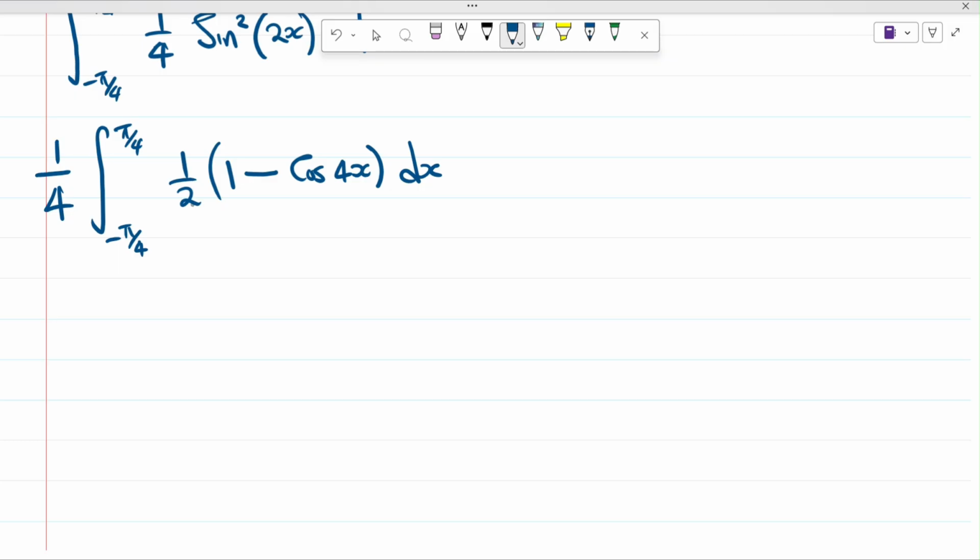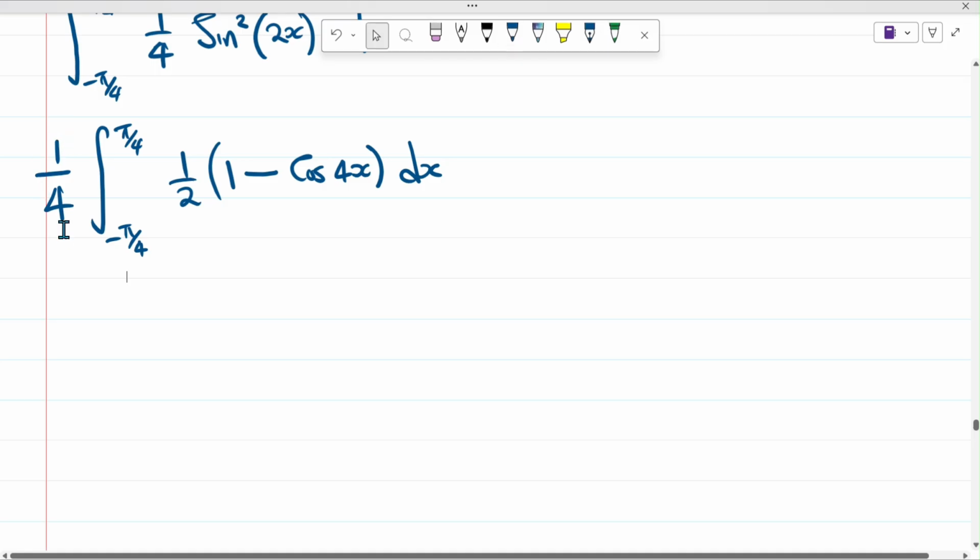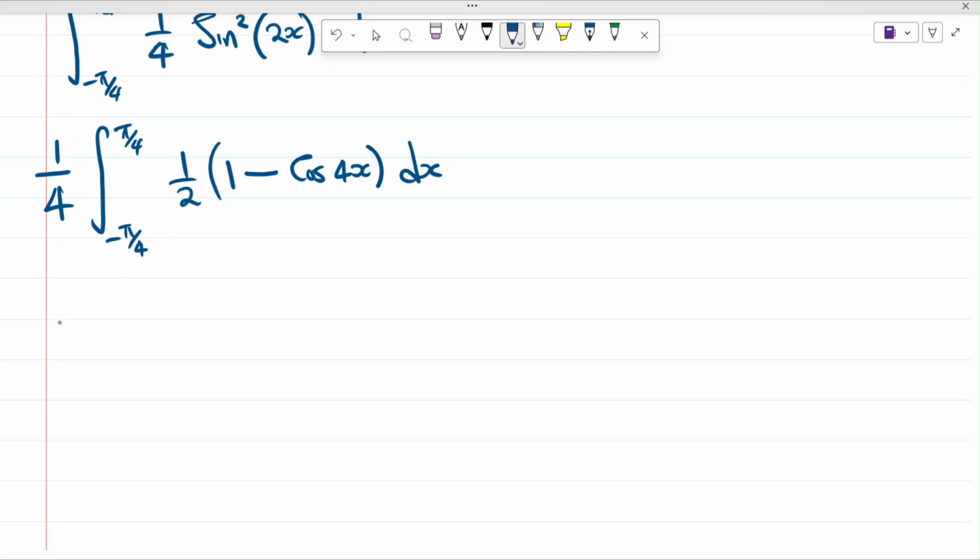From here, we can see that the 1 over 2 and 1 over 4 are going to multiply out. So at the end of the day, we're going to have 1 over 8. So we're going to have 1 over 8 times the integral from negative pi over 4 to pi over 4 of 1, minus